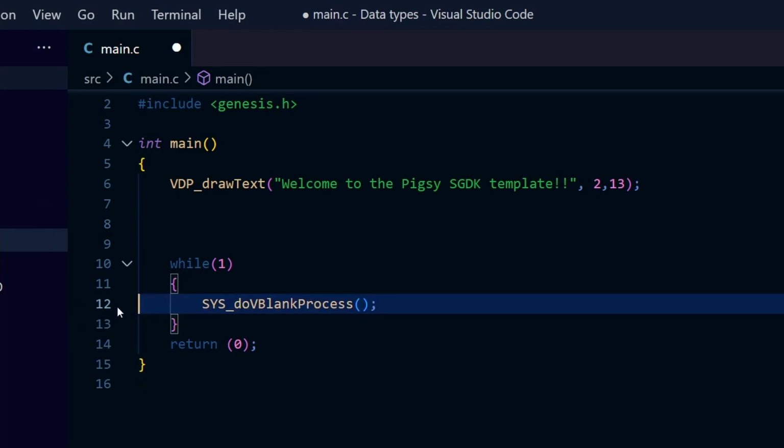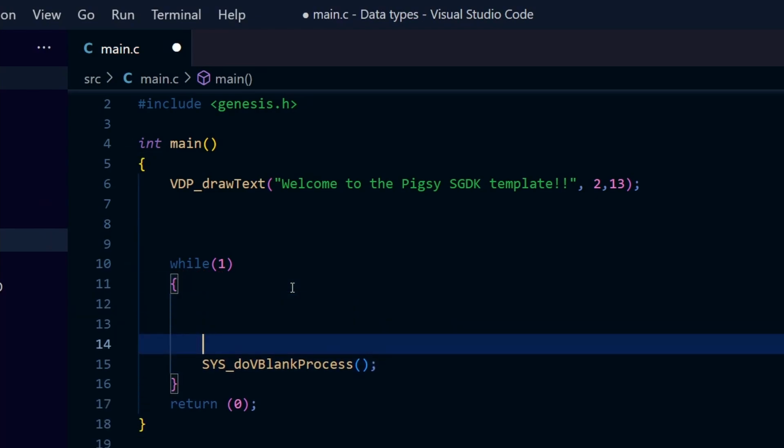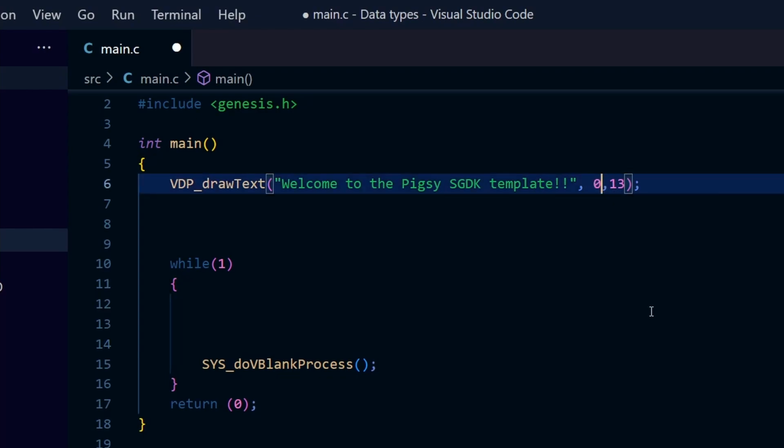We'll start by cleaning up our template project, so get rid of that, and then we can change the text here because we want to remind ourselves what's been written on the screen. If you remember, when you draw the text, these last two numbers that you put into the function determine which tile it's put at. So if we do 0, 0, it should be in the top left hand corner,